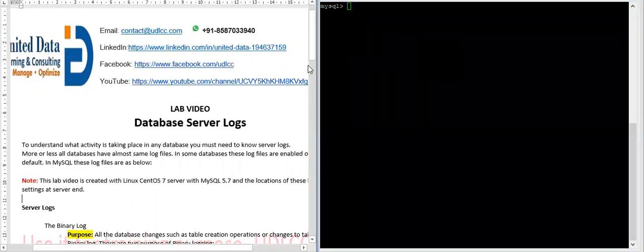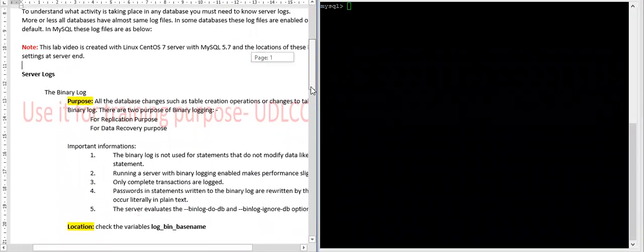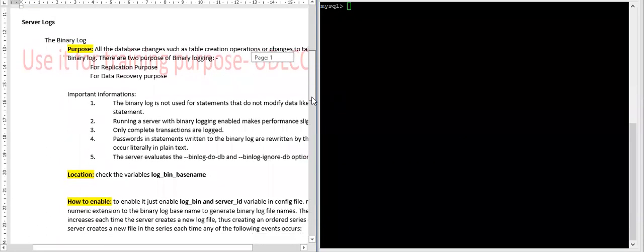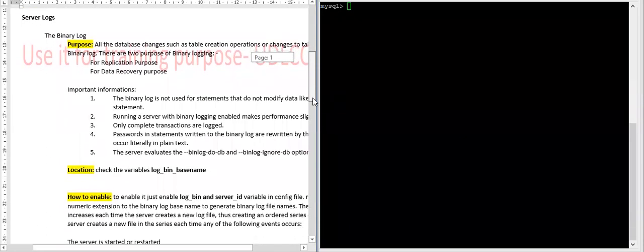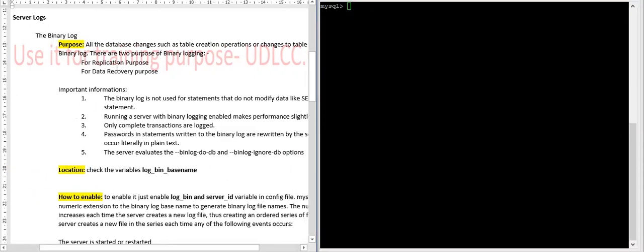Okay, so friends, we'll discuss binary log in detail with some important points. The first point is, what is the purpose of binary log? All the database changes, such as table creation, operations or changes to table data, are logged into the binary log.